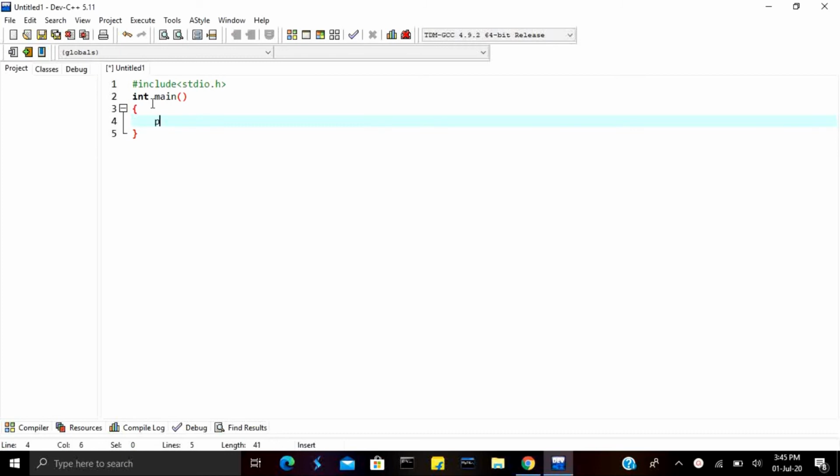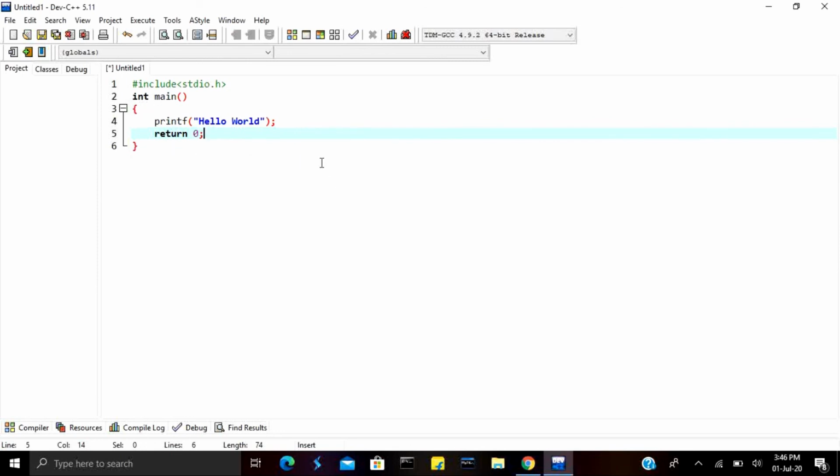For printing we use the printf function. So hello world. Now we need to give a semicolon. This printf function is a predefined function, so it is already present in this stdio.h library. We need to provide the semicolon, and if you don't give it, you will get an error. Why? Because by giving this semicolon, you are telling the compiler that this is the end of this line, and it can go to the next line for compilation. Okay, so return 0. That means we are not returning anything for this main function.